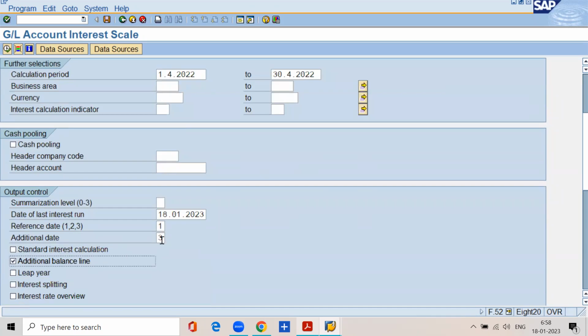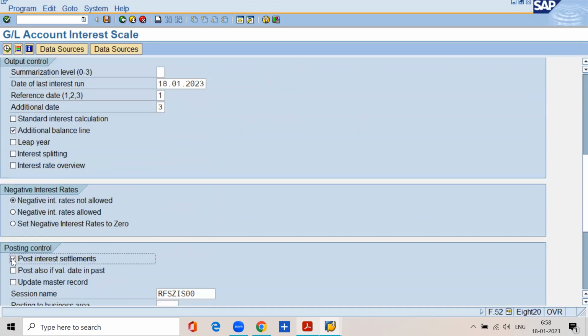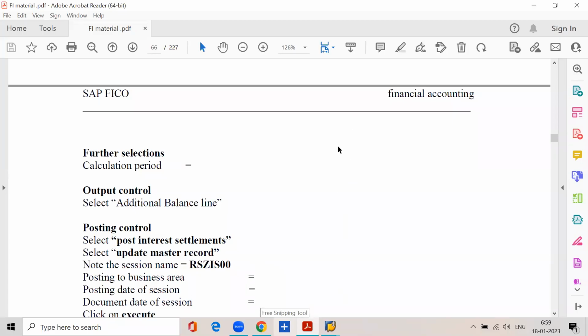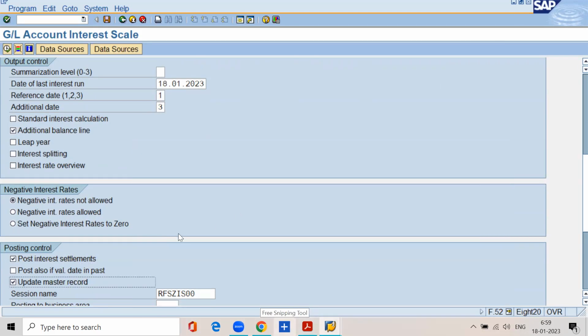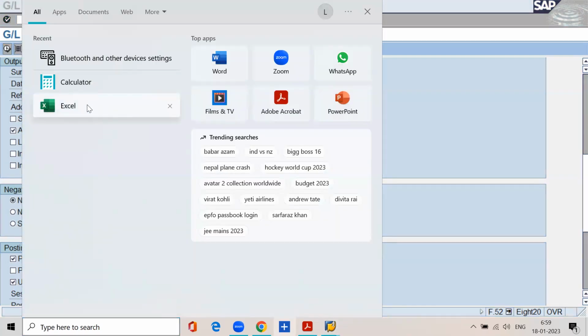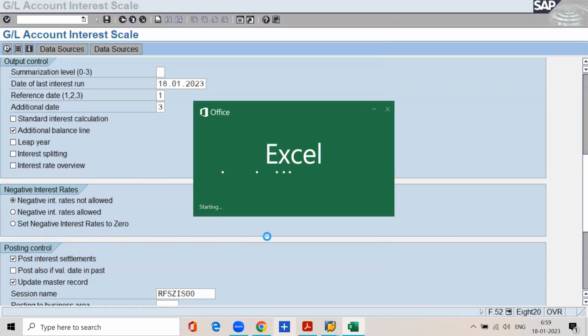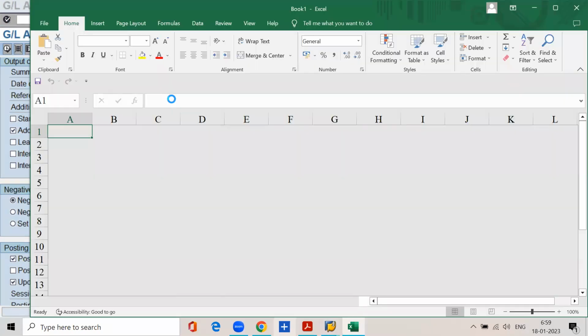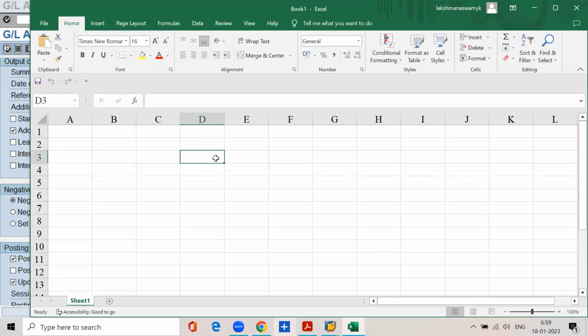So select additional balance line, then select post-interest settlements, then select update master record. Again, write down. Put heading update master record. By selecting this checkbox, the system will update